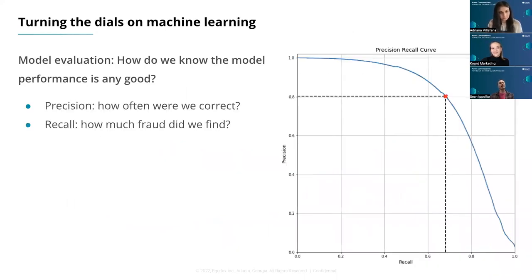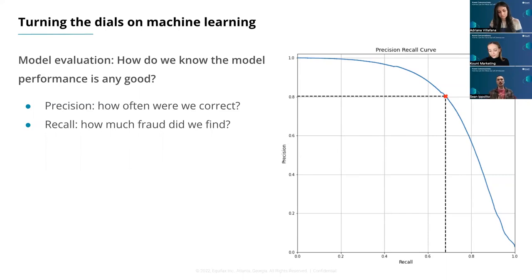Great, thanks. Yeah, so we went over many different approaches to fighting fraud, really all approaches that we're using. We went over the importance of good data and thinking about how to model these types of things to make really good predictions. But last but not least, how do we know that the model performance is any good? We've made the score out of the risk of bad transactions, but when it's right or when it's wrong, what do we do? Well, a metric that a lot of you may have used or heard of, simply put, accuracy,